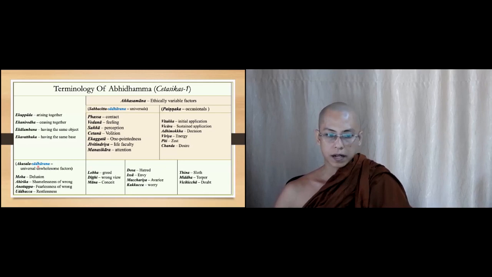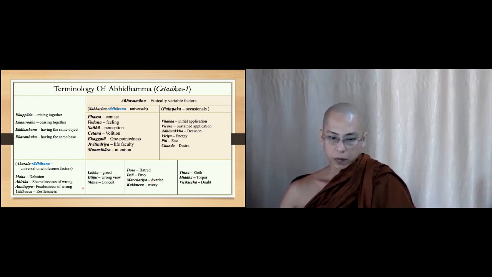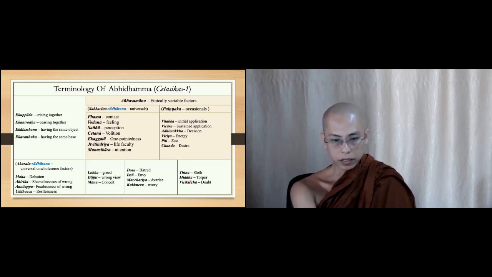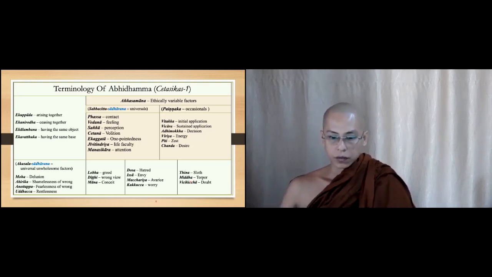The word sadharana usually refers to the universal. It means always come together. So Sabbacitta sadharana, universal. Akusala sadharana, universal unwholesome, it means always related to the akusala. The other translation you can read, and in some cases I will explain more, but some of the translations I already took from the books of Bhikkhu Bodhi, so I don't need to read them all.